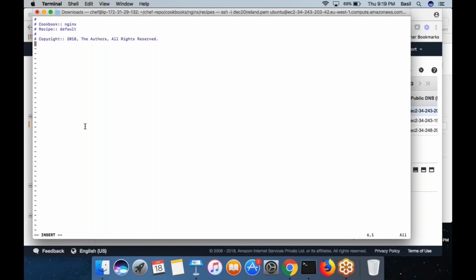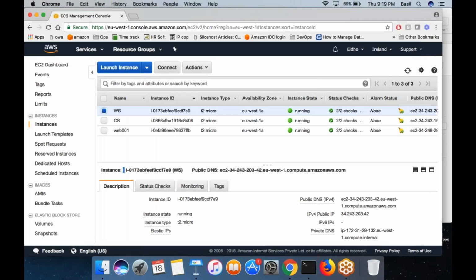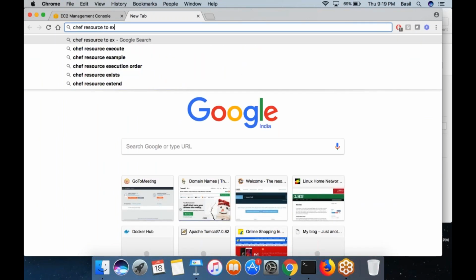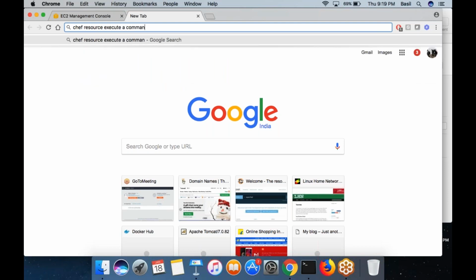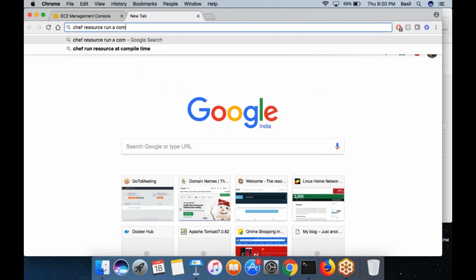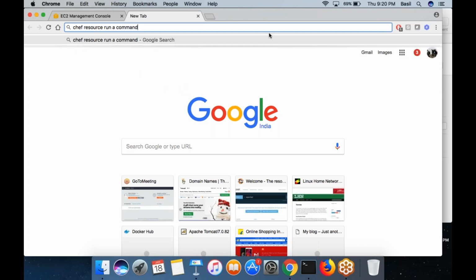If you don't know the exact resource that you want to use to run apt-get update, what would you do? Search in Google: chef resource to execute a command, or chef resource to run a command. Like this, you can search in Google.